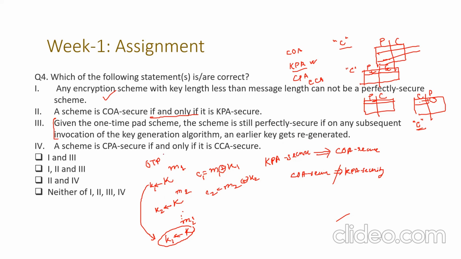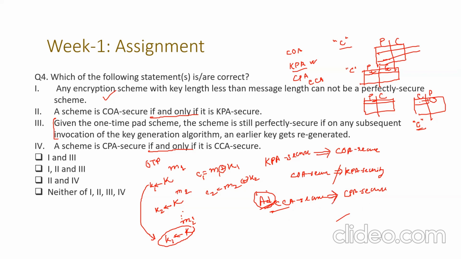Hope I am clear. And the fourth statement says that the scheme is CPA secure if and only if it is CCA secure. So again, there is this if and only if present. I already discussed that CCA security will imply CPA security, because in CCA security the adversary is more powerful. So even with more power, if the adversary is not able to distinguish the underlying plaintext after seeing the challenge ciphertext,